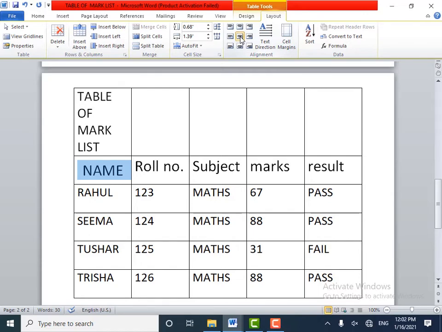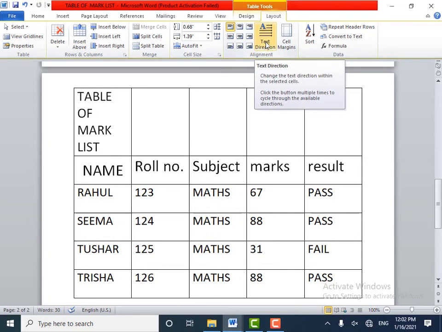Children, if I want to change the direction of the text, in 90 degrees or 180 degrees, I can click on this text direction. Observe, it is in the horizontal manner. Go to Table Tools, click on Layout and click on Text Direction in the alignment group.